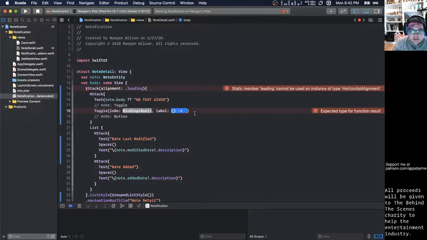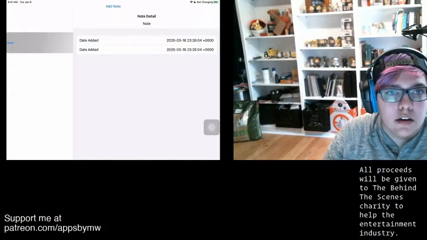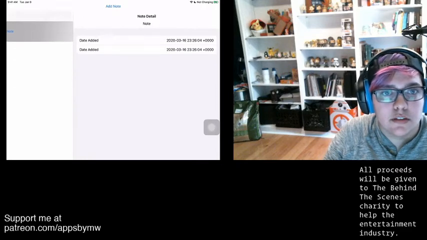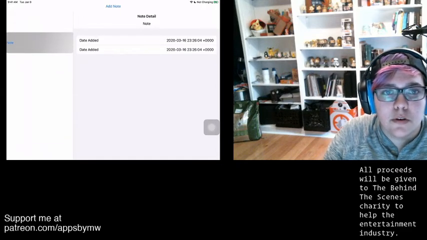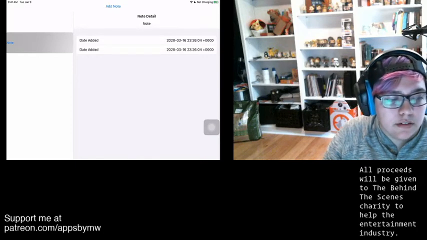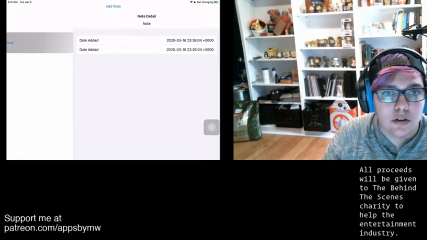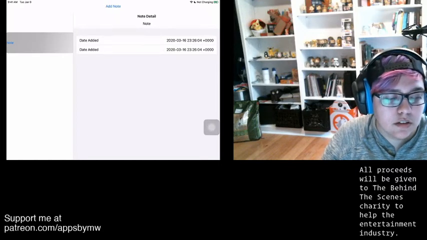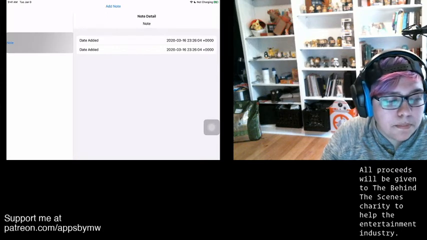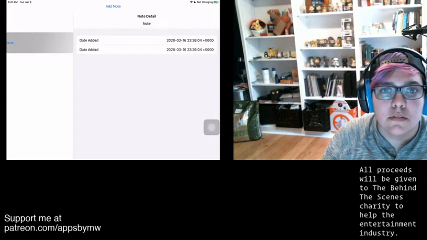Dragon Dust asked what I'm building. I am building an app that I'm giving the name of Notefication. Hopefully it's a very basic note-taking app. If we go over here, you can kind of see it. The left-hand side, where it says note on this side that I'm moving up and down, is going to simulate basically the home screen. So that's why the gradient's there, so that if it's on an iPhone device, when it's on, it'll look like it's on the lock screen, so that you can pin notes to the lock screen itself. So that's the goal,